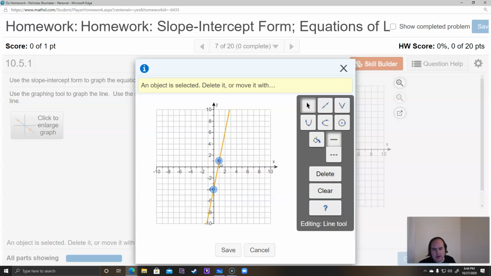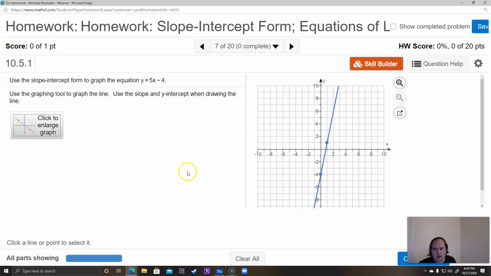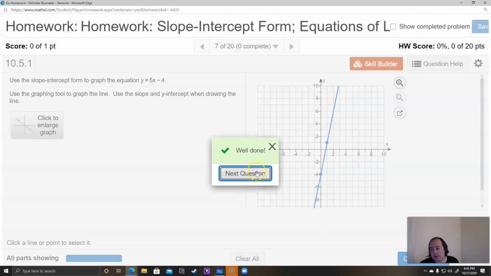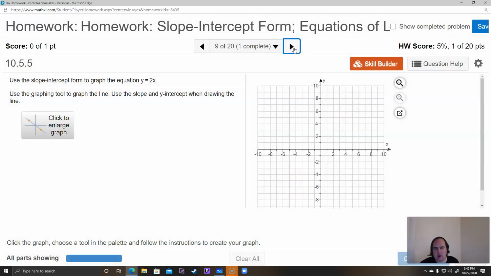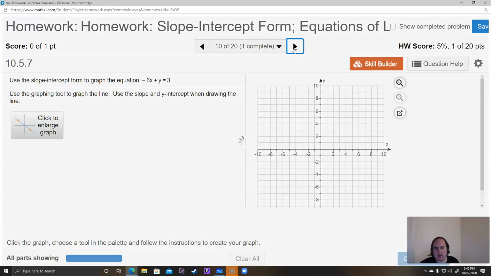Okay? And if you do it correctly, you just click on those 2 points and then you click save. And then that's the whole problem. So the graphing is not that bad once you get used to it. Okay, so now I'm going to click check answer so we can see that. And it says well done, so that means we did it right. Okay? So that's actually using the line graphing tool. And then you have a bunch of problems like this. Some of them are harder because you have fractions. So they're a little bit harder